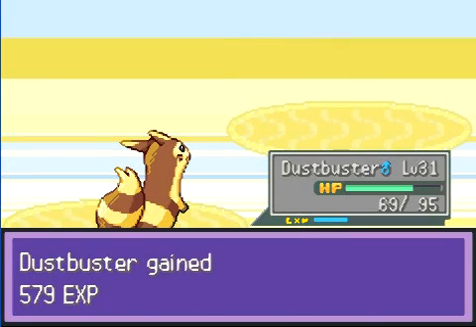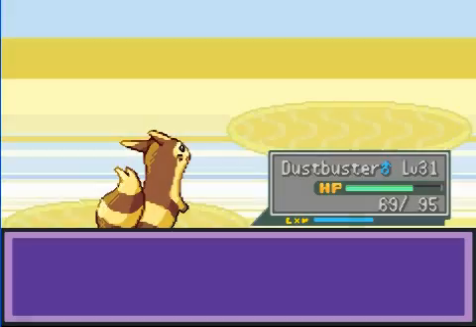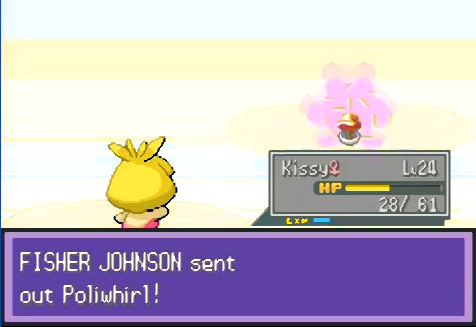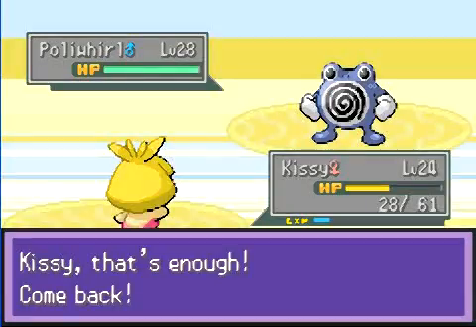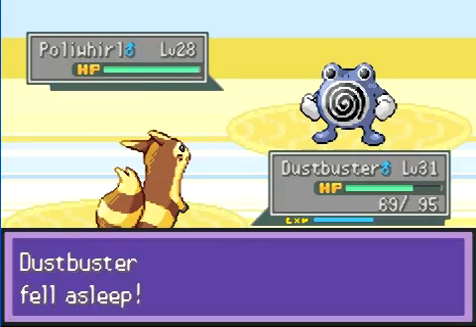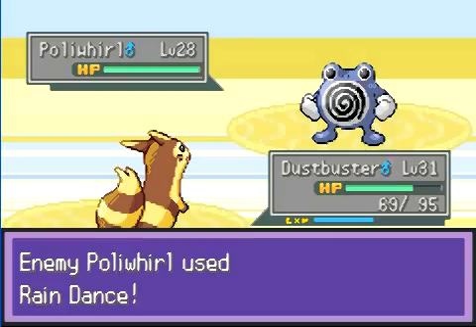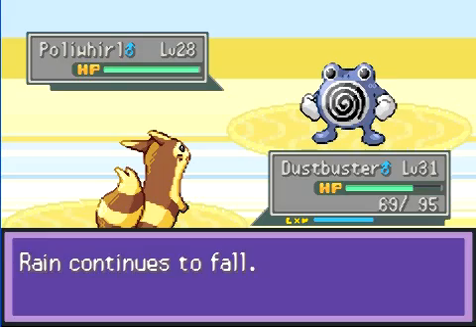So Kissy is now level 24, and here comes the Poliwhirl, which obviously I'm going to switch to avoid being put to sleep due to Yawn, and well, yeah, Kissy wants experience too. And I am going to give Kissy that experience, because you know what, it deserves a chance. Poliwhirl's going to use Hypnosis, of course, but at least I have the Blue Flute again, so yeah, Blue Flute's doing work this video. Dustbuster is going to be unsleepified,